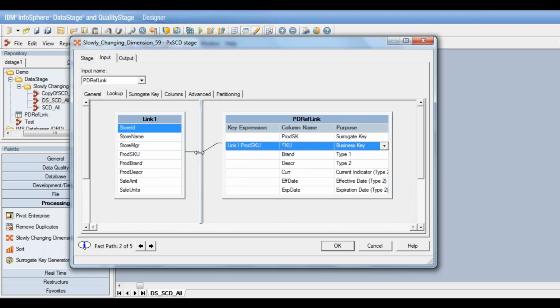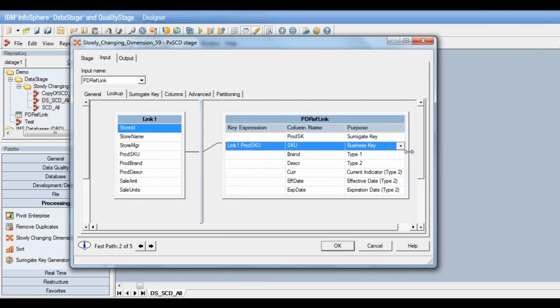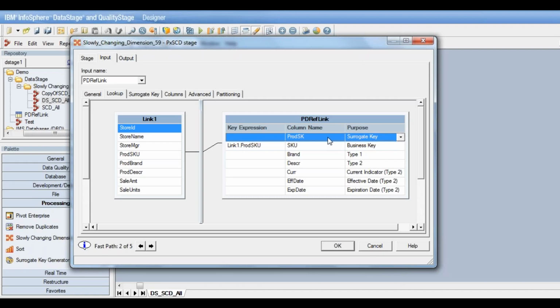The next important thing in this tab is defining the purpose code for each of the dimension attributes. So there is something called the purpose code, which helps the stage to identify what kind of logic and how the changes should be identified for each attribute of the dimension table. So this is one of the attributes of the dimension table. This is a surrogate key on the dimension table. So we have to go to the right side. We have several options in the drop down. So we can choose the options as appropriate for that attribute.